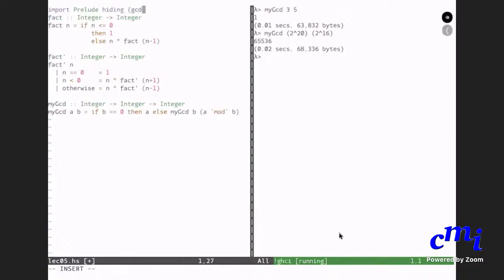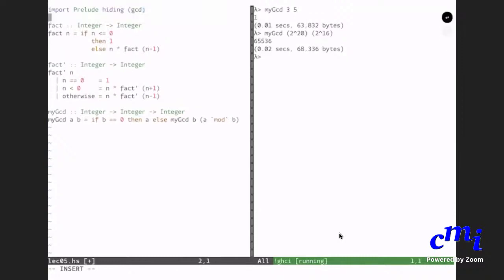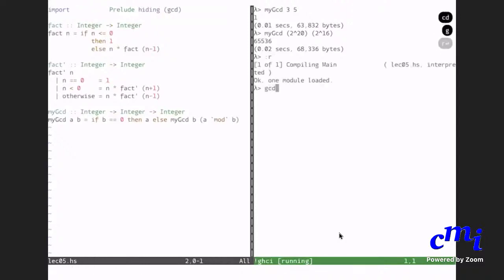Okay, if you do this, then you reload, and if you now say GCD, it won't work because there is no such thing in scope. But you can define your own GCD. That is the whole point.